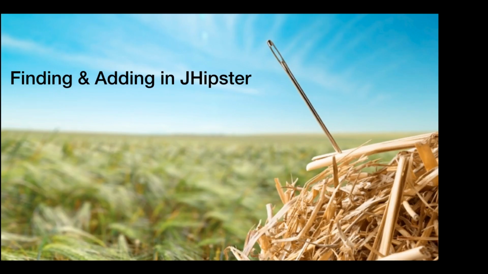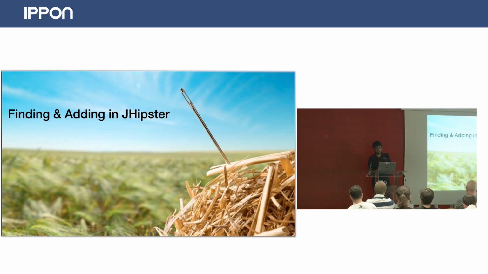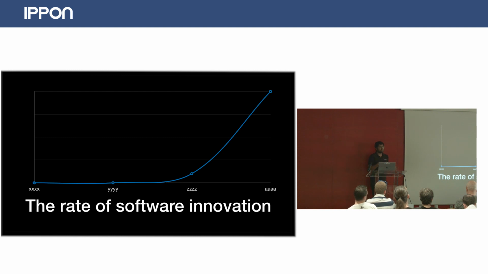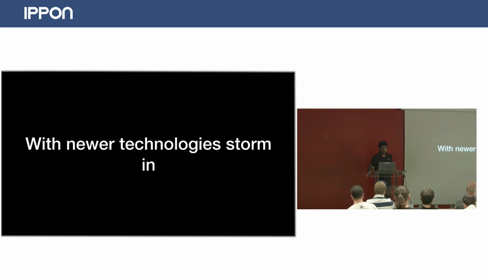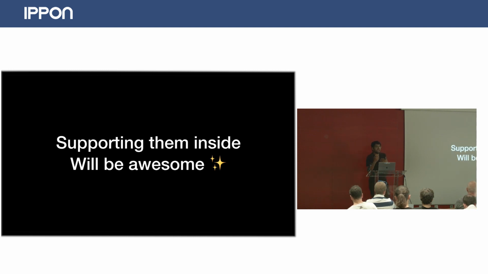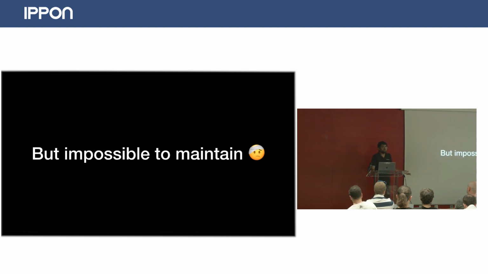And this decreases our innovation speed, right? Being a JHipster, being a hipster, means we are engulfing newer technologies that are coming into the market, but having a bloated core actually decreases the speed at which we innovate. So that's a problem. Finding something and then trying to fix certain things in the core application is much more complicated. The rate at which software is being innovated is growing exponentially, which means that we also have to grow faster. In order for newer technologies to come into our application, we have to support them inside, but supporting them inside is a problem, because it's impossible to maintain.